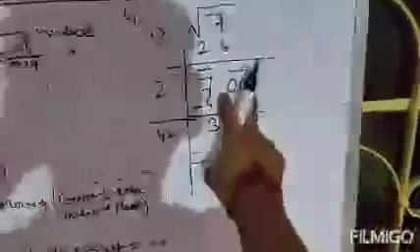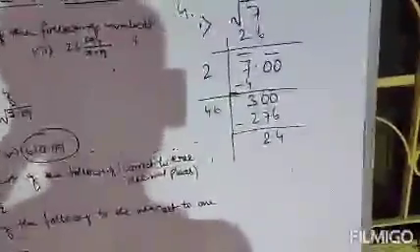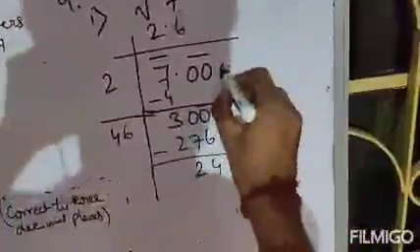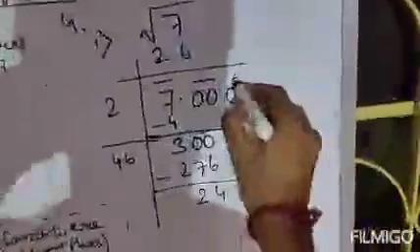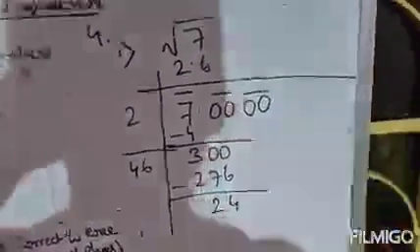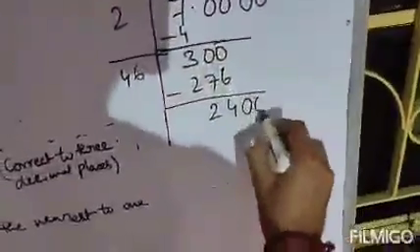So there are no zeros left. These 2 zeros are already used. So we will take another 2 zeros. Clear? So we will take another 2 zeros because these 2 zeros were used already. Now we can write 7 as, because after the decimal zeros have no value, so just write 2 zeros over here.